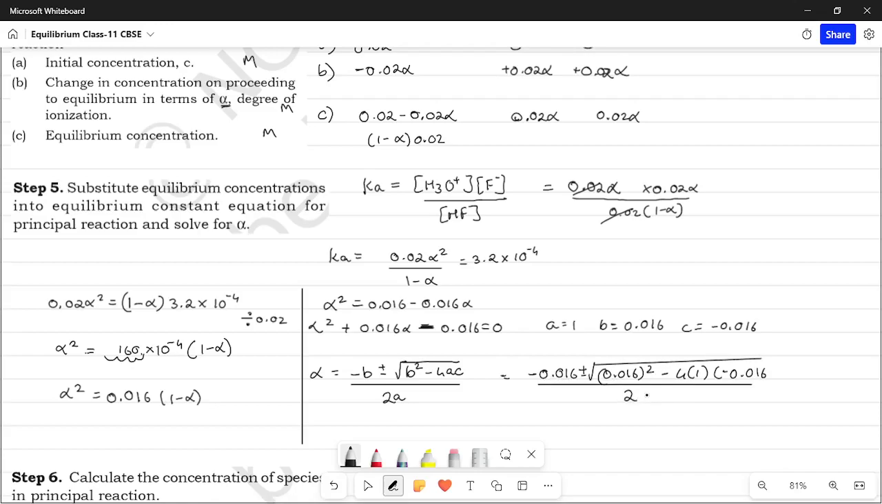This whole divided by 2a, which is 2 into 1, I'm just going to say 2. So you're going to be left with 0.016 plus minus root over 0.016 square is 0.000256 minus 4 in, so minus into minus is plus, and 4 into 0.016 is 0.064. So this whole divided by